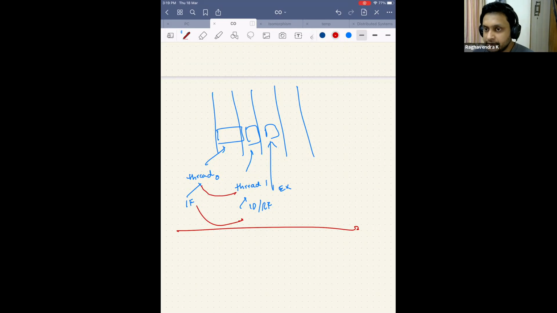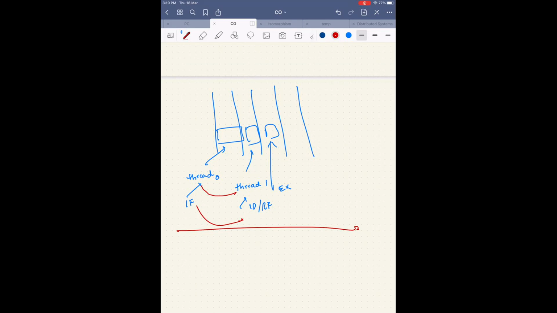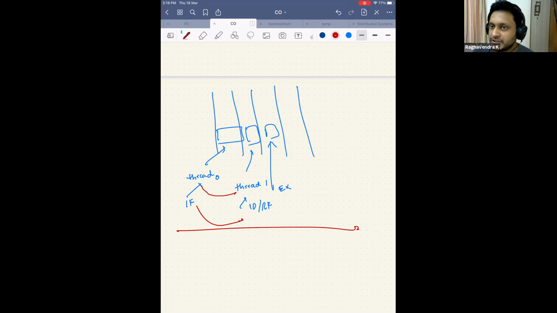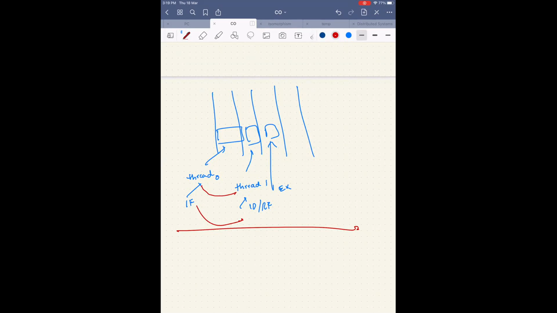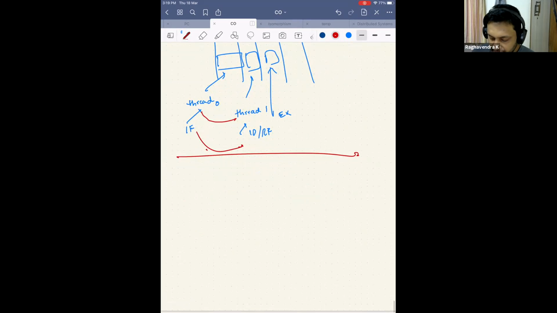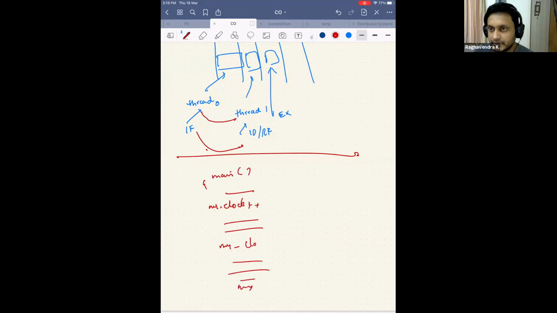Is it even necessary that we write these 5 functions, as long as the big picture output is there, right? Yes, excellent. You can just write everything in one function. Which will just make you a bad C++ programmer, but it will still work. Yes, she's perfectly right, because what she's saying is, I will have a main function, I will do some part of it and do my clock plus plus, then do the next part and do my clock plus plus, and so on. You can do it, yes, perfectly well.